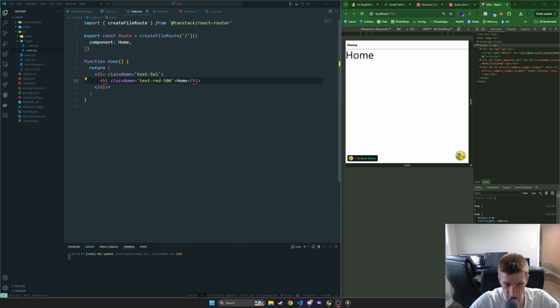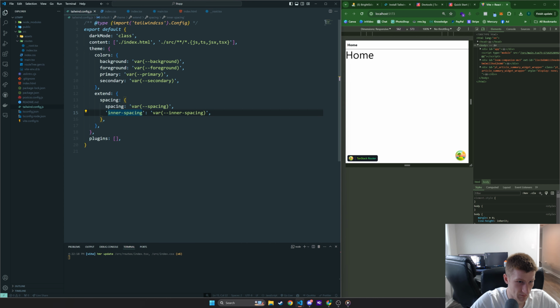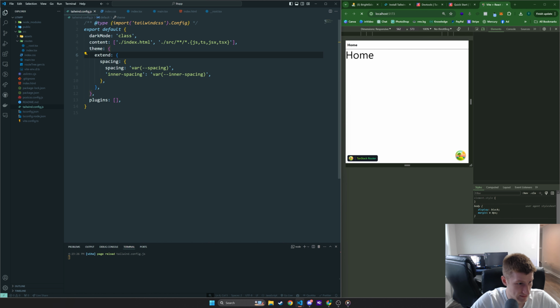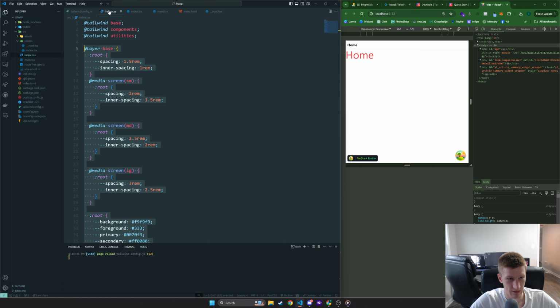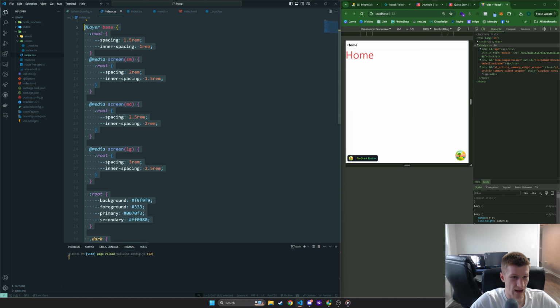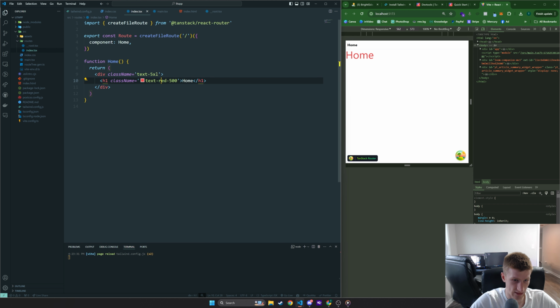So you notice this text red isn't applying, and I think actually the reason is because I can put colors inside of extend. See, now the red is there again. So if I add colors in extend, now I'm extending the colors, I'm not overriding the colors. So by doing that, now I can also change this to